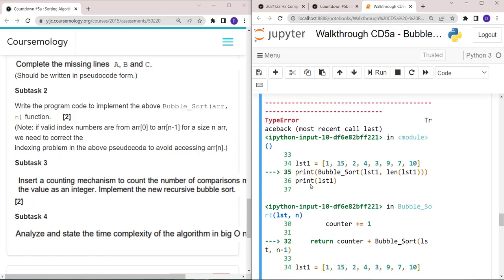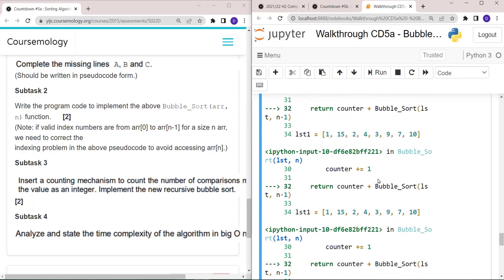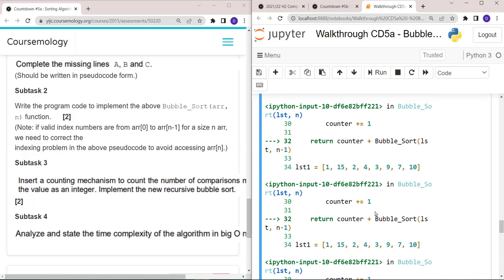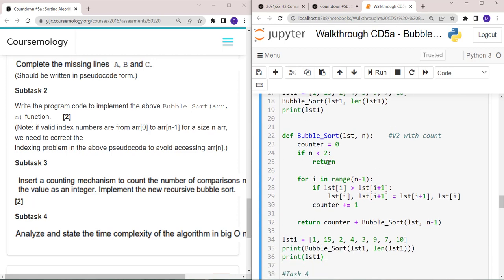Print, return counter. Okay, let's see what the error message is. Unsupported. There's a None type here. So it's my base case. In the base case, I should return the counter. I cannot return nothing. Got it? So I return the counter, and the counter is 0 because when it comes to the